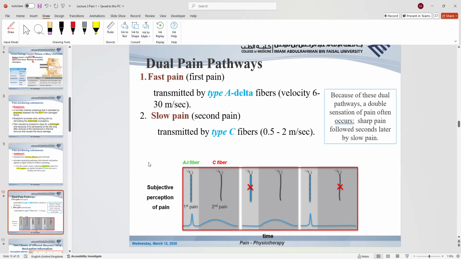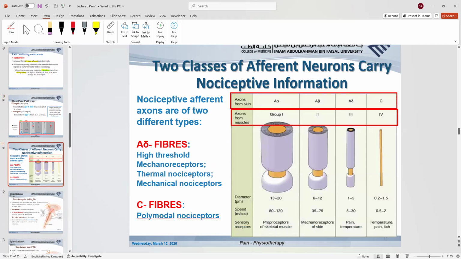Okay. Next. You can go forward. So this is just to remind you of the A delta fibers. If you go from the right side, the last one is the C fiber, which is unmyelinated, and second last on the right, to the left of that, are the A delta fibers, which are the fibers used by fast pain. So this is the difference. These are thinly myelinated fibers, and the C type of fibers are the unmyelinated fibers.